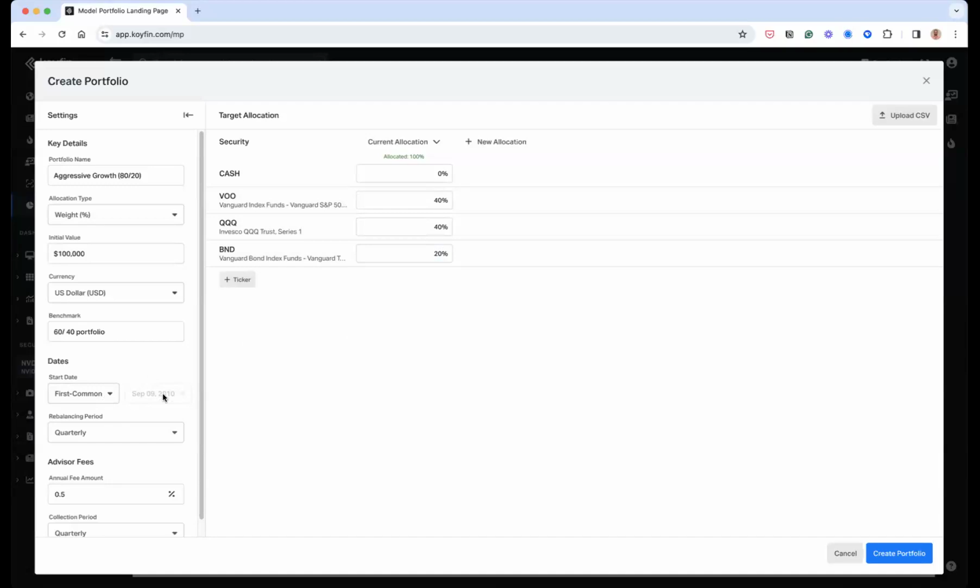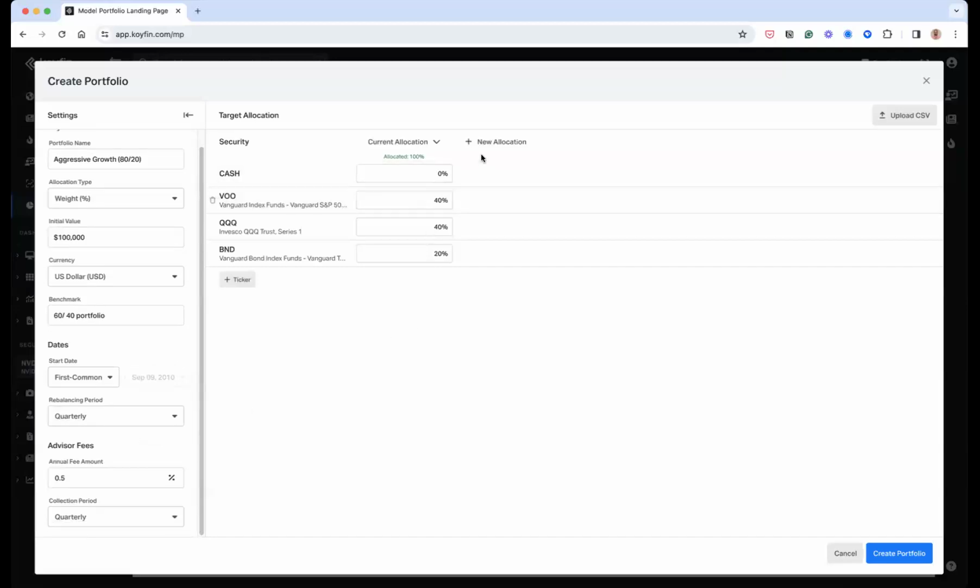If you wanted to explicitly set the start date somewhere else, you could do that over here and choose custom, and then choose your start date to whatever you want it to be. I typically, or most people typically, use first comment and just start it the first day where all the funds exist together. And then the other thing that you could do is you could change your allocation historically. So this is like my current allocation, and by definition, it would be my allocation on 2010 rebalanced